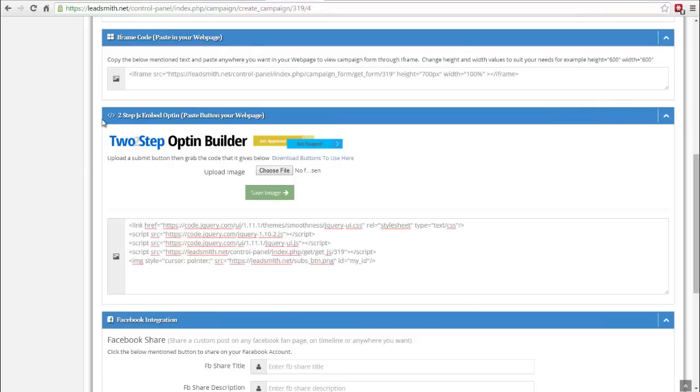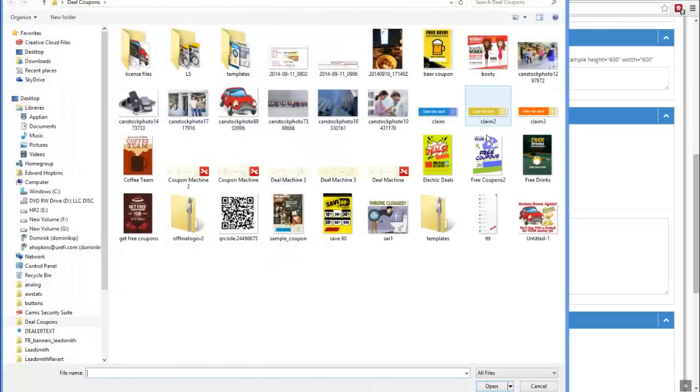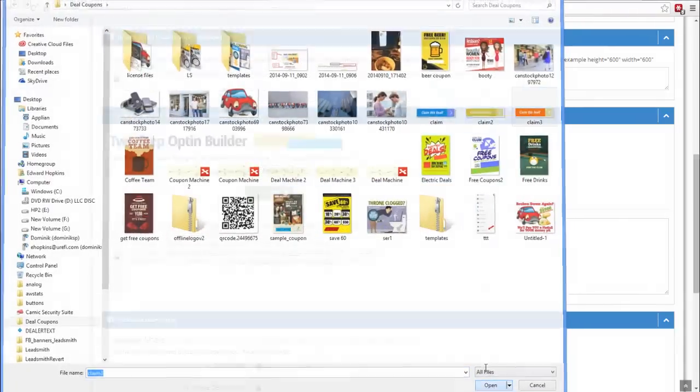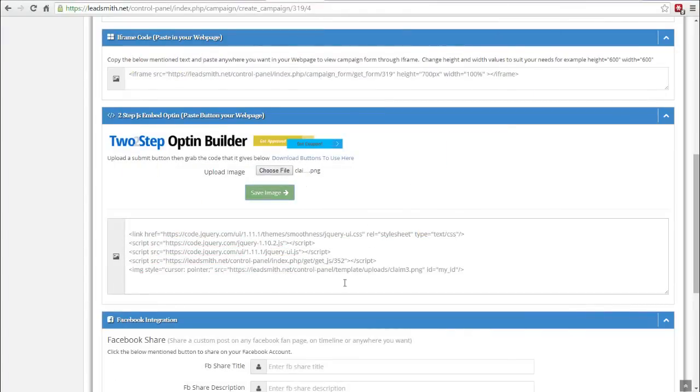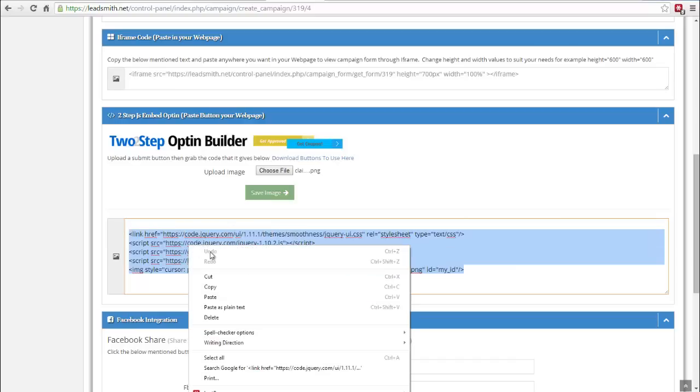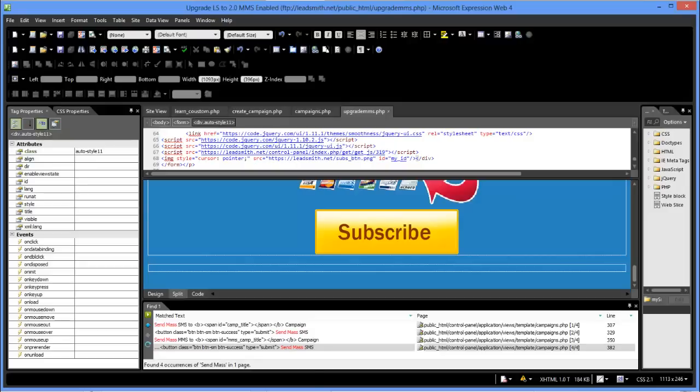And just a quick follow-up here, I just wanted to make sure I showed you guys this. There's two options of how to change the image that's going to appear wherever you're going to place your button. You can either change it right here, or you can choose your file here, and we'll just call this one Claim 3. Click on Open, Save Image, and now it's going to automatically put that link inside the source. So if I come back over here, click on Copy, grab my editor,